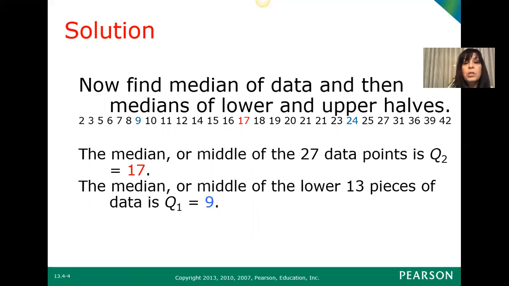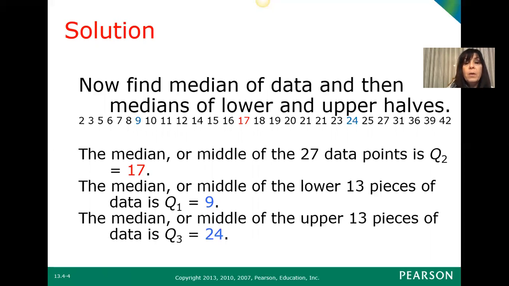So there are now 13 pieces in the lower half. The middle of that is 9. That is called Q1, and that's also called the first quartile. And then we will find the middle of the upper half, which is the 24, and again, that is called